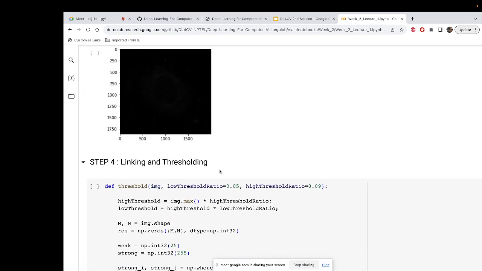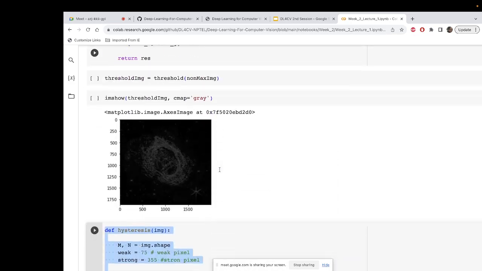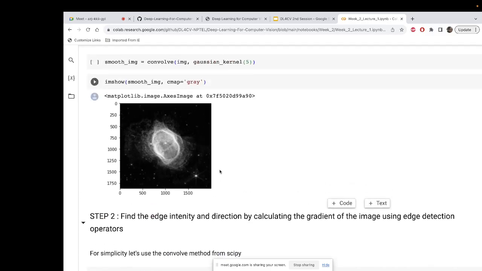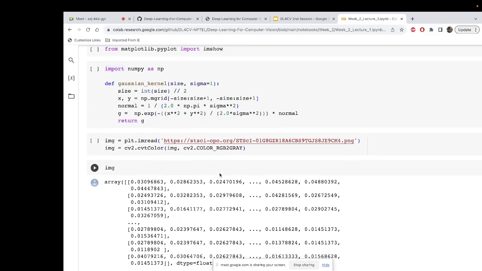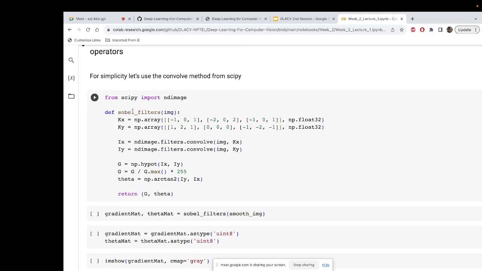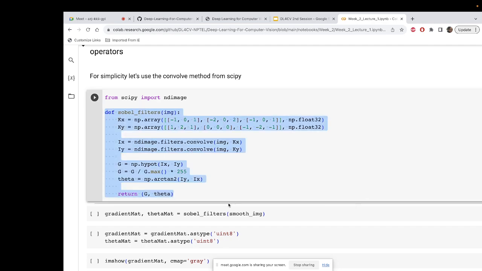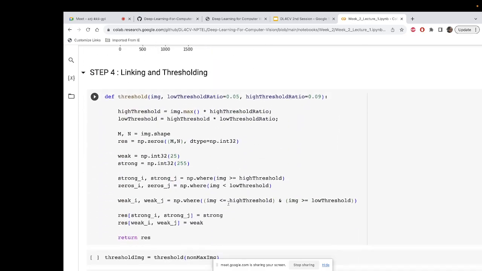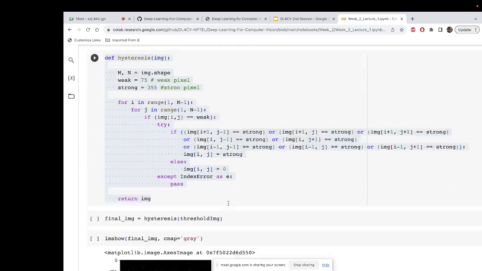So this linking and thresholding is what makes the Canny edge detector so different, because you can see that in the first step the Sobel operator is still there. So the Sobel, where is it? This is a subset. The Sobel, which we described as an edge detector, is a subset of the Canny edge detector. So the last 2-3 points are the most important ones, which make it different from all the